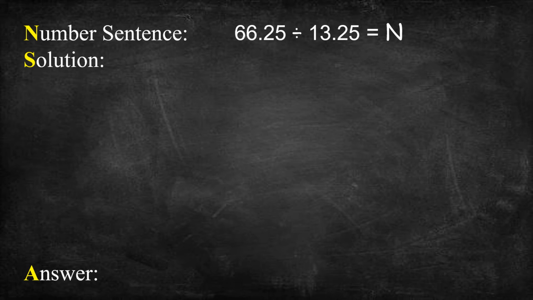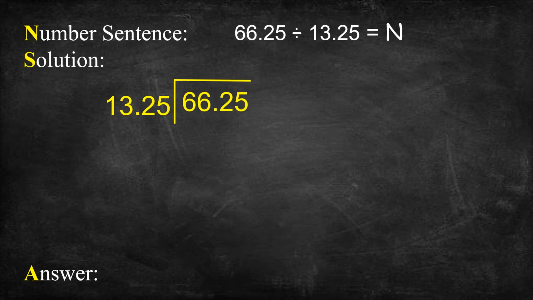And for our solution, again, ilalagay muna natin siya in radical sign. So, yung 66 and 25 hundredths ang nasa loob ng radical sign. And our 13 and 25 hundredths ang nasa labas ng radical sign. So, again, for step 1, kailangan nating ilipat or palitan yung ating divisor into a whole number by moving its decimal point. So, since ang ating given ay 13 and 25 hundredths, so dalawang move yung ating gagawin. So, from 13 and 25 hundredths, pag na-move na ng dalawang beses, ito ay magiging